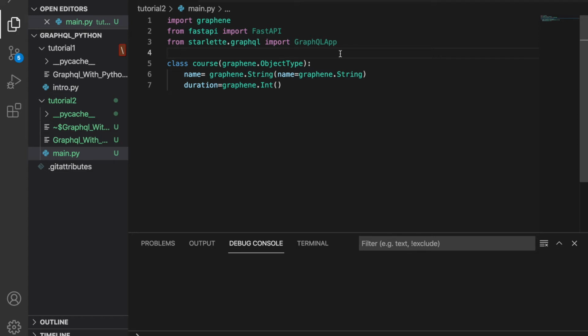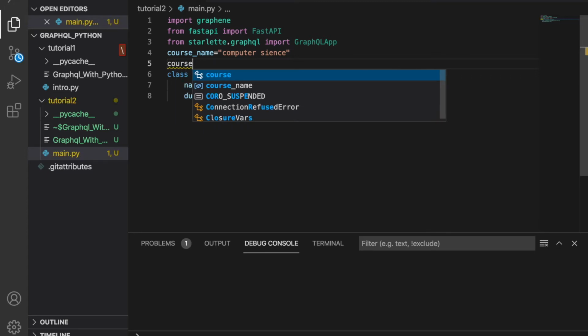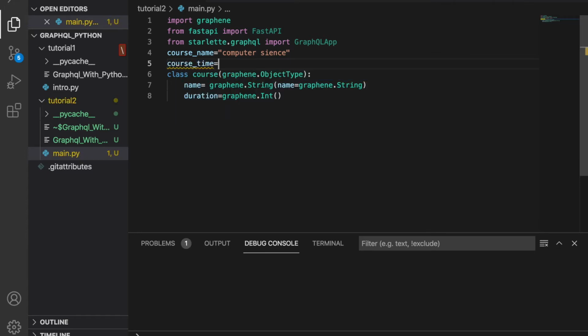Maybe I can write course_name, I'm just using some arbitrary values, this is not going to make any sense. Maybe computer science, and course_time, maybe one year. Okay, so just forget about this.